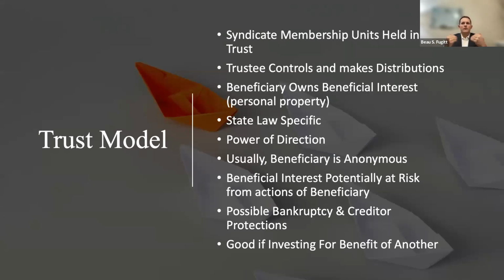Whenever you invest as a passive investor, if we're doing a traditional equity style deal in syndication, what you're actually buying whenever you give the sponsor your money, you're not buying real property. You're buying personal property in the form of a membership interest in the syndication LLC. You can hold that interest in a trust, or in your personal name, or in a different legal entity like an LLC. So holding in a trust is certainly not a bad idea at all. This can protect you very much so if you were to personally do something, right?